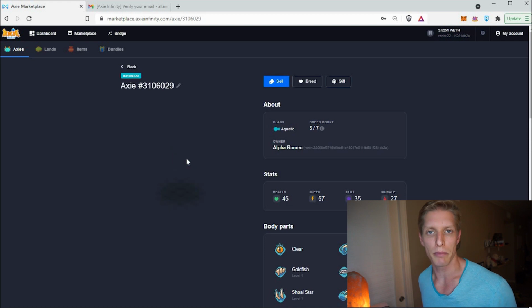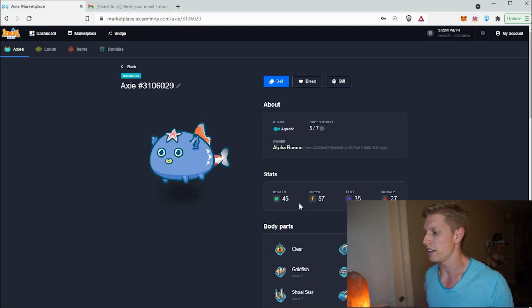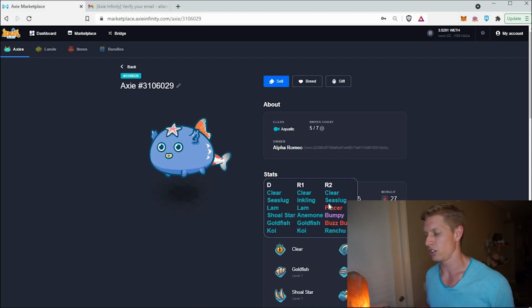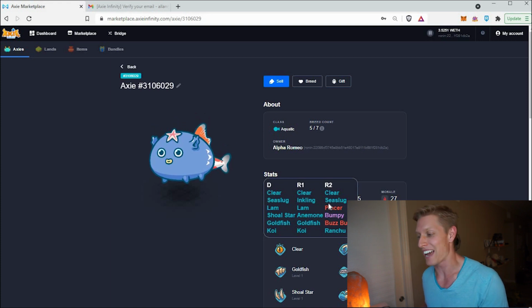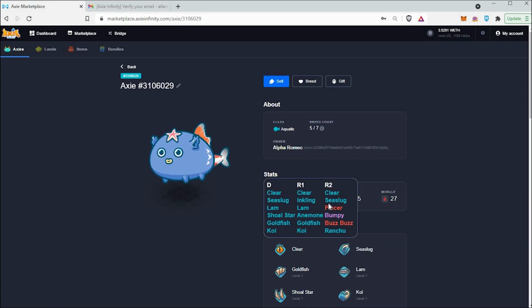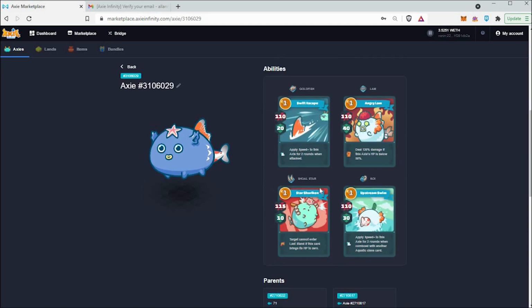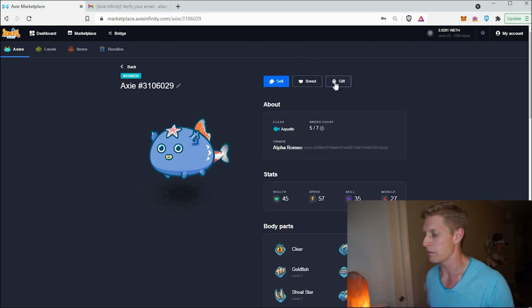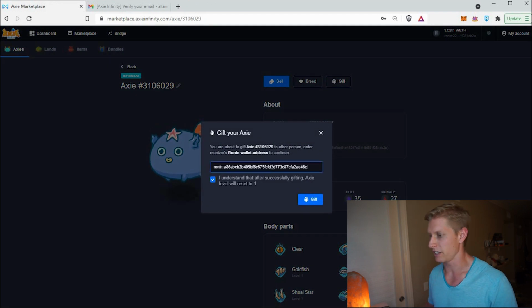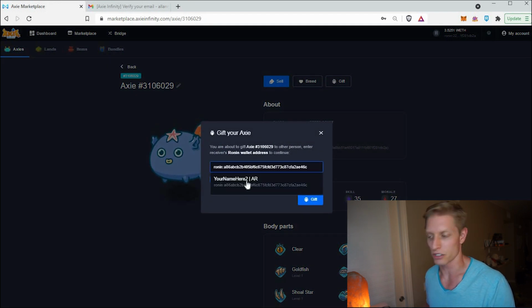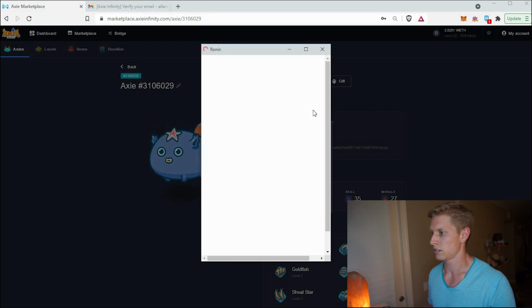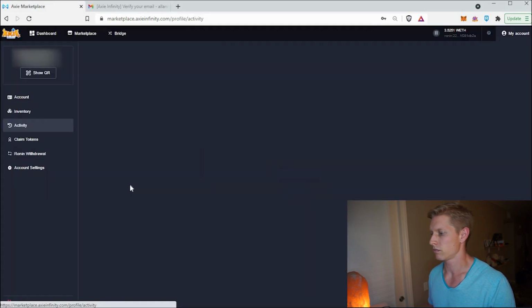So the team I'm sending is a Beast Aqua Plant team, and you'll see that the movesets are actually good. You want to send your scholars actually good Axies. You don't want to send them with trash, right? Make sure that they have good movesets. So you'll see all these moves are actually good moves for your scholars. And same thing, gift. Then I paste in the address, make sure that the address is correct, gift, confirm, and